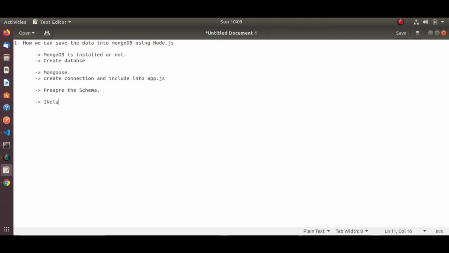Import the schema file and do the database operation.